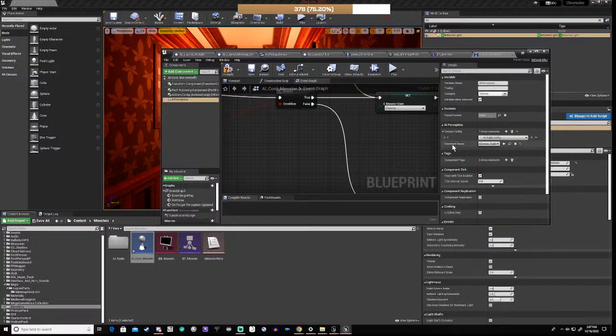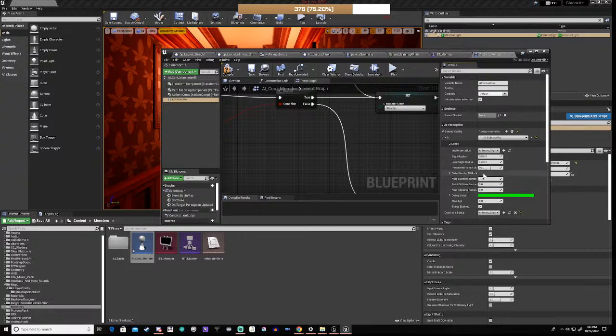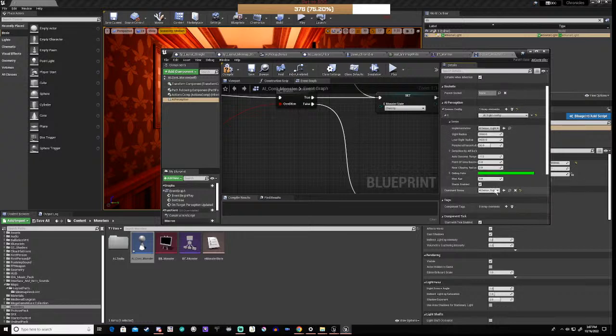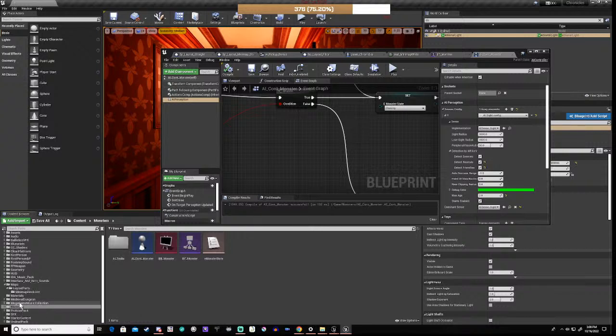But that's what we lost, okay? So we set the max age to 2 and we set it to detect neutrals and enemies, and we save that, and we'll do a save all, and then